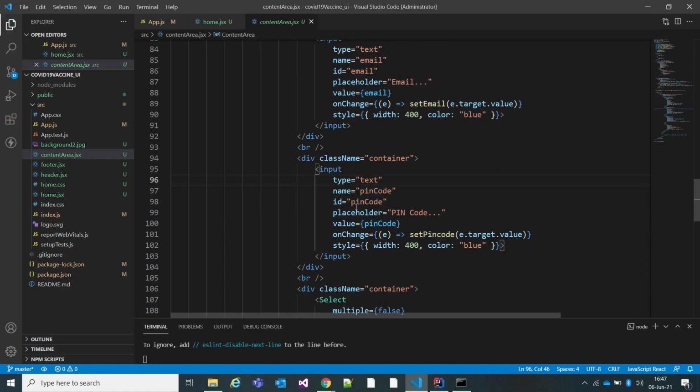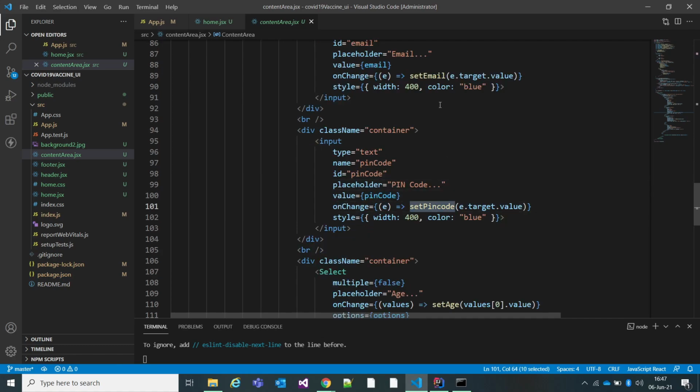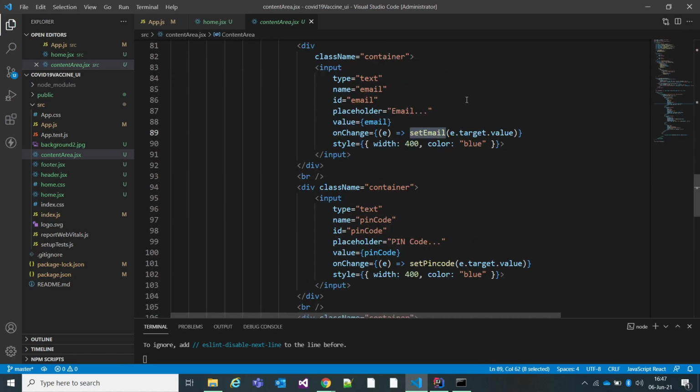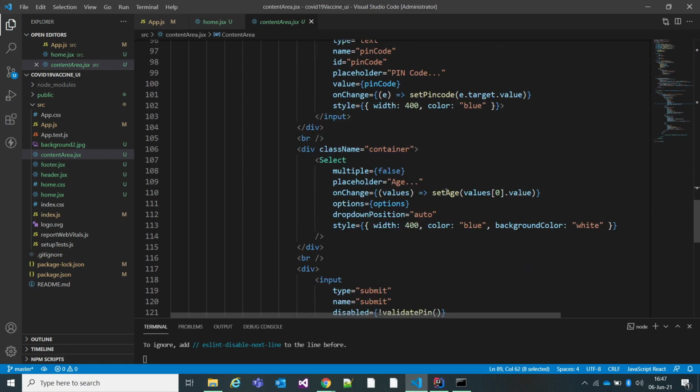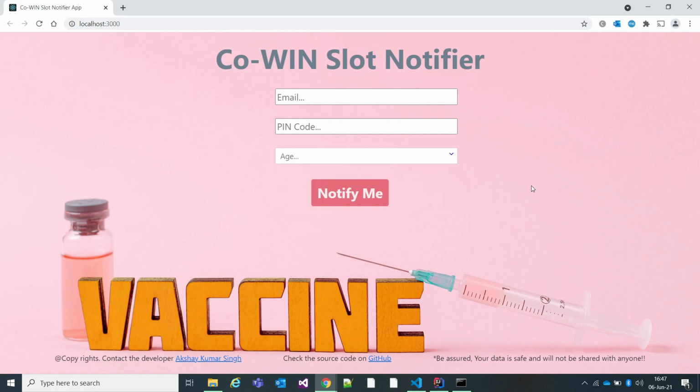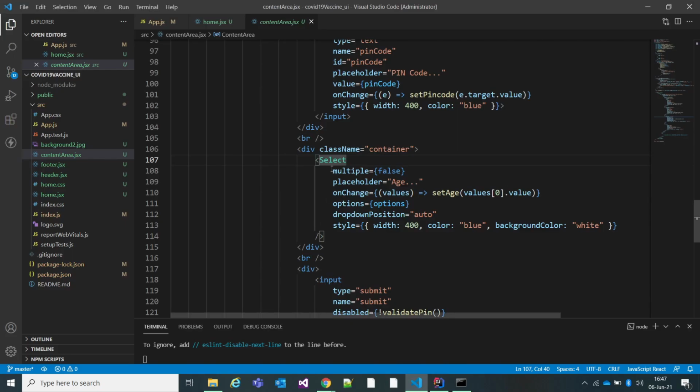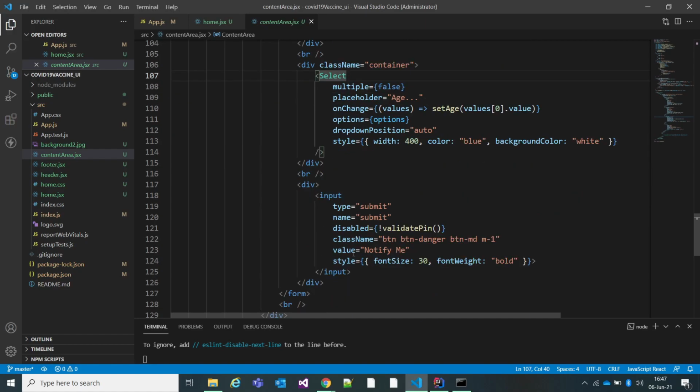So what is the type, what is the placeholder, and on change what will happen: on change of email what will happen, and on change of age what will happen. I have used this React dropdown select, a dependency I have installed, so that I can get this done in React. And then there is a submit button for Notify Me.